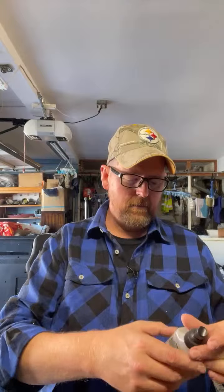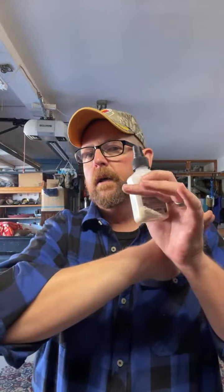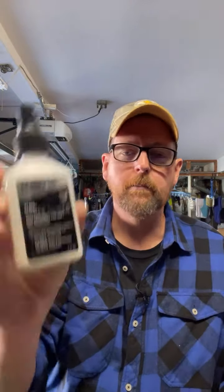But, you know, there's other things you can use. KPL makes something. I need to order a new bottle of it. KPL makes some stuff they call Knife Shield. It's amazing. You spray it on your blade, especially if you have adhesive or pine tar or grease or something on your blade. You leave it on for about 30 seconds. You come back and wipe it off. It's got a waxy coating in it, but it is food safe. Let's just say here, food safe, rust preventative. Cleans, degreases, polishes, prevents rust and corrosion on metal surfaces. Stuff's great. It's not that expensive, and I've had this bottle for over a year, and I could still use it. You can also,